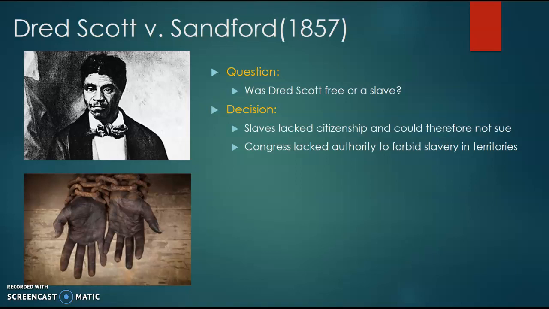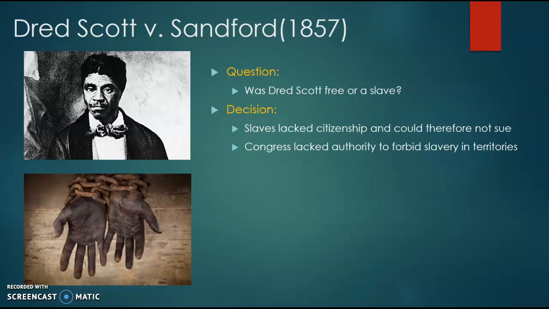And basically the finding of this case, while historically important, is very depressing and ends up becoming less important because later cases have obviously relinquished or kind of erased some of these decisions. But the question of whether Dred Scott was free or a slave was the primary question that was seeking to be answered, but the decision that was reached by the court actually had far broader reaching ramifications